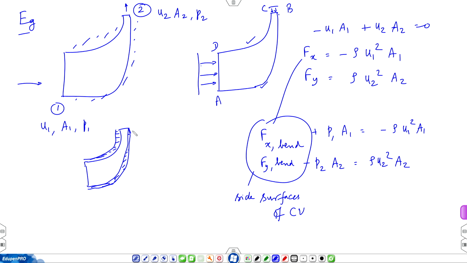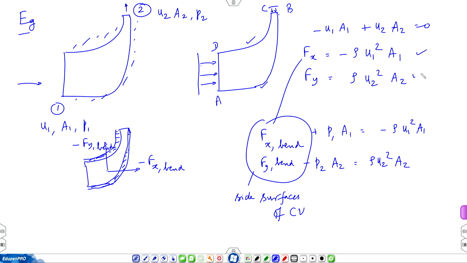So, now you can imagine this is the tube itself, and the forces acting on this tube would be minus F x bend and minus F y bend. Okay, where F x bend, F y bend are to be found from these two equations. Okay, so,